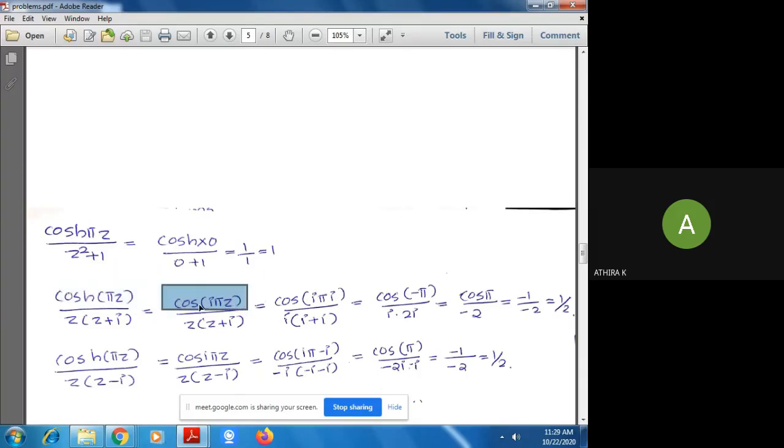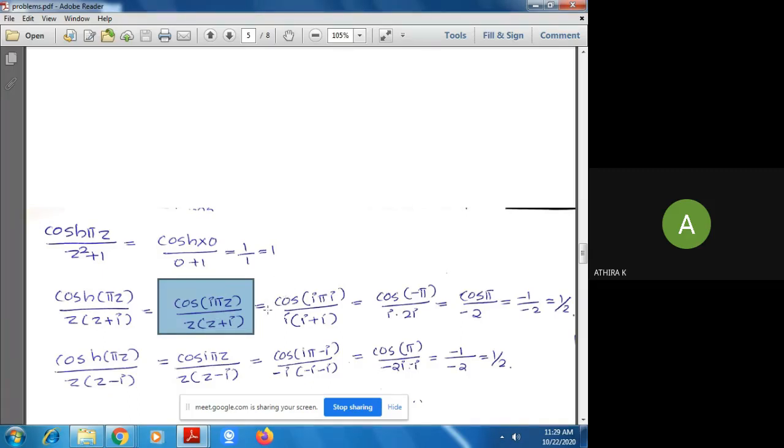And substitute cos(iπz) instead of cosh(πz). So our function is cos(iπz) divided by z(z + i). Now substitute the value of z. Here z is equal to minus i. We substitute the value z is equal to minus i, we get,